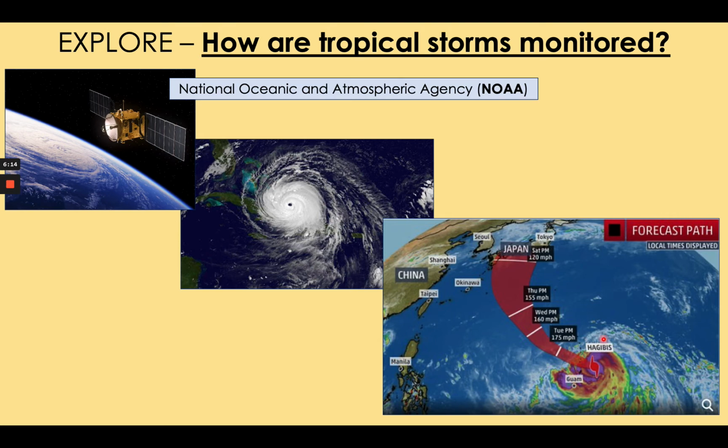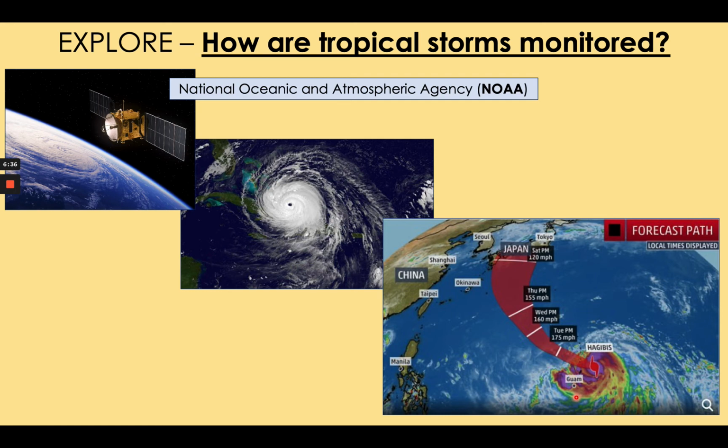This is Typhoon Hagibis of 2019 passing over the Pacific Ocean towards Japan. Now this red area is a prediction. It's called the forecast path. And this picture was taken by satellite. The wind speeds and temperatures shown by the different colours measured by the satellites